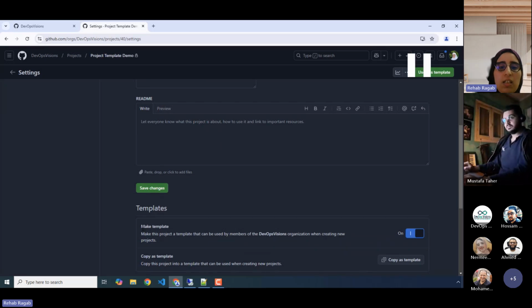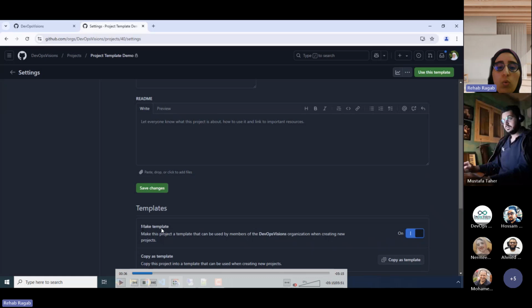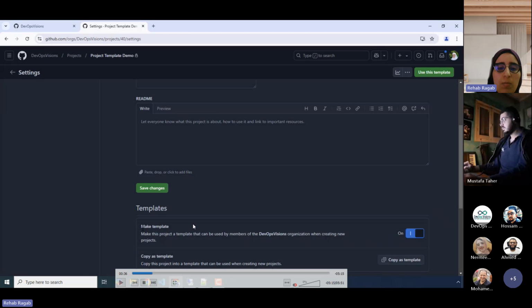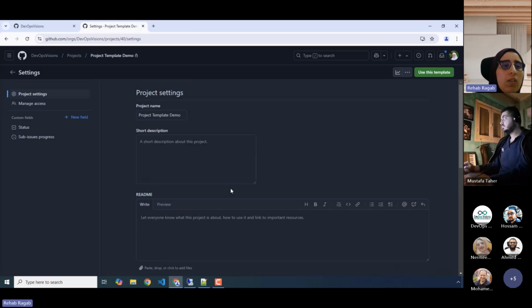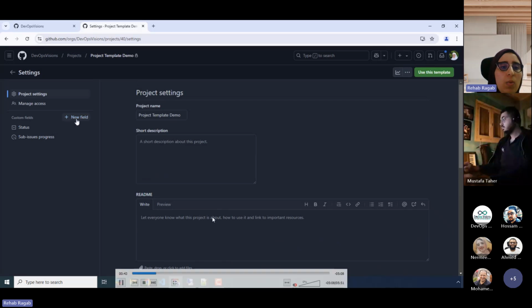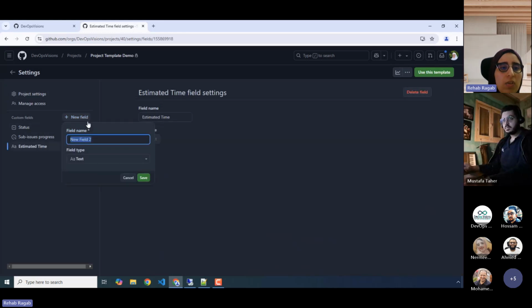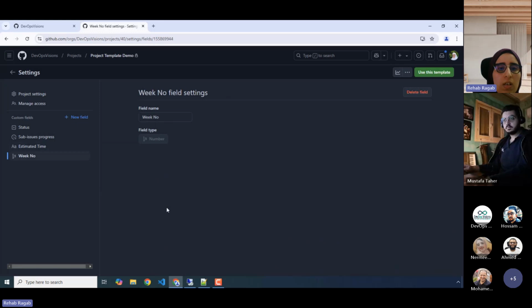And this is the setting I mentioned: if you already have a customized project and you would like to make it a template, you can do so from this setting here. Just enable this setting, make a template. And let's add some customization by creating some fields. I will create this field, estimated time, a text field, and another one, week number, let's make it a number.